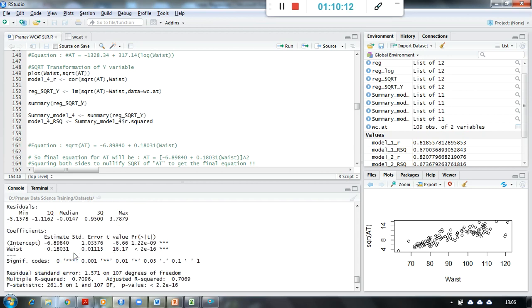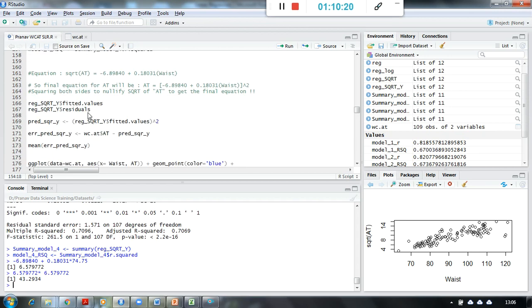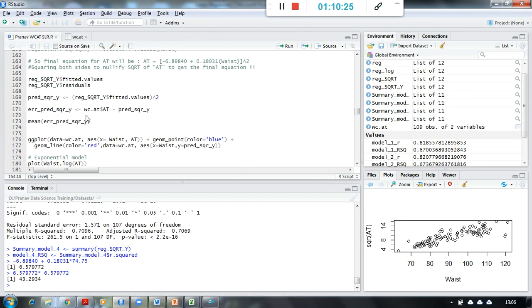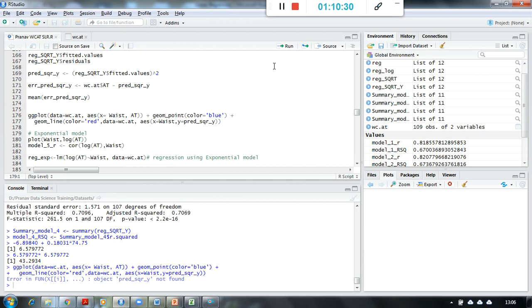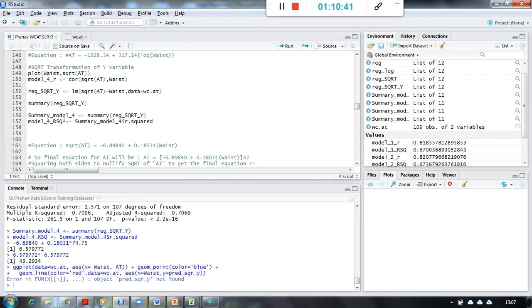But then what we have to understand over here is that because we have transformed the y, what happened to our regression line? So look at that. Let me print the regression line over here. Okay, so we'll put it across, but let me run a couple of commands. So what happens over here when we have transformed y? Okay, so let me use the slide over here.